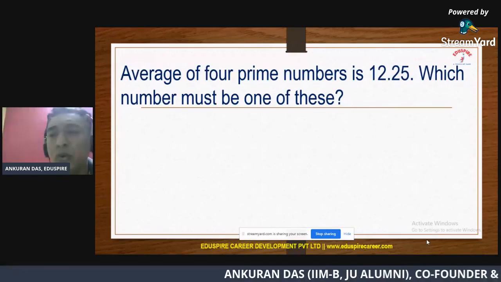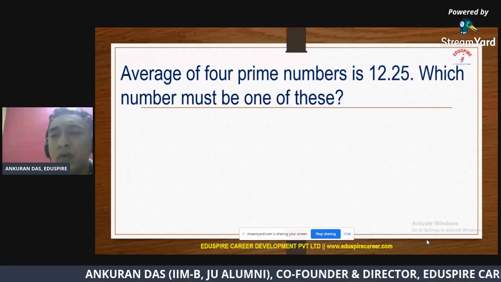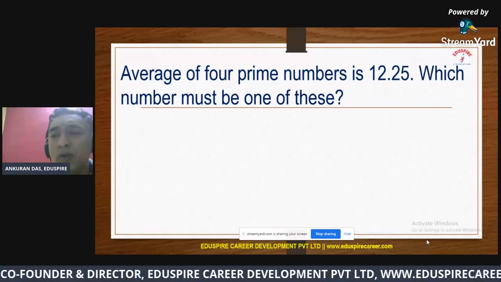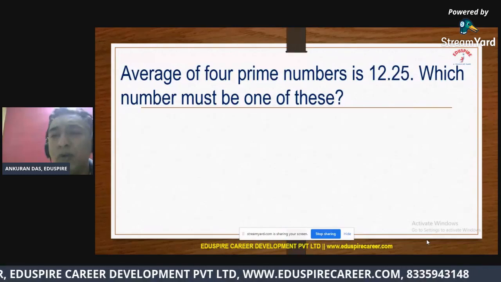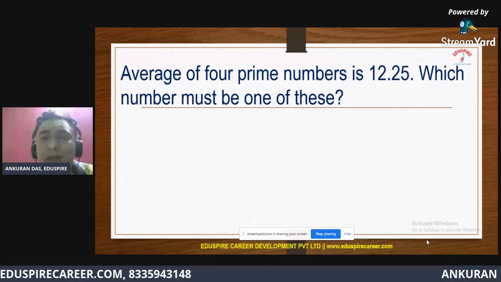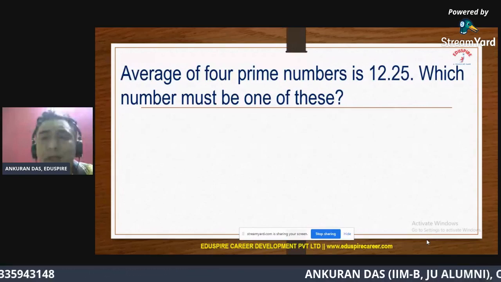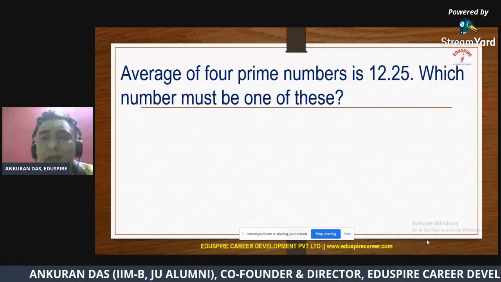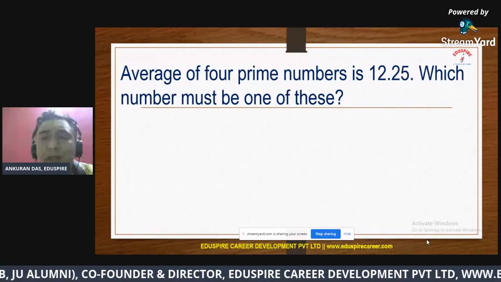Now we know that 49 happens to be an odd number, no doubt about it, right? 49 is an odd number. I repeat, the prime numbers are usually odd. If you look at examples like 3, 5, 7, 11,